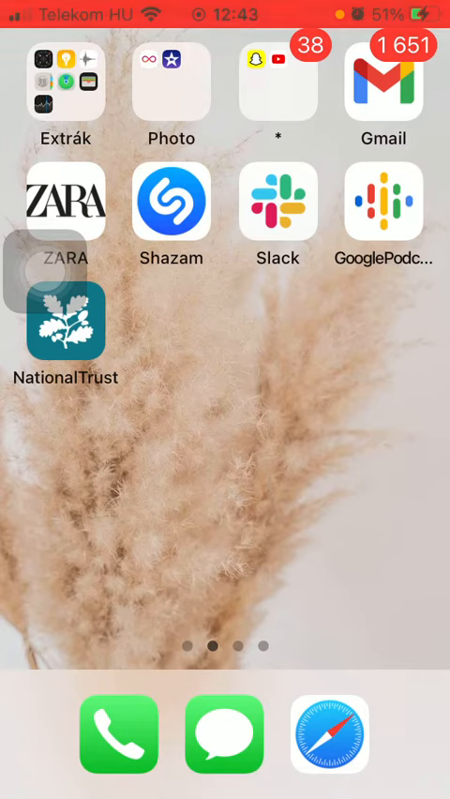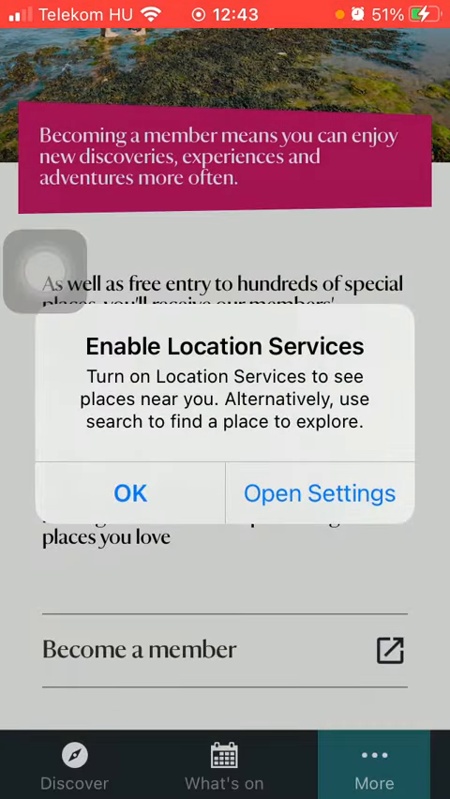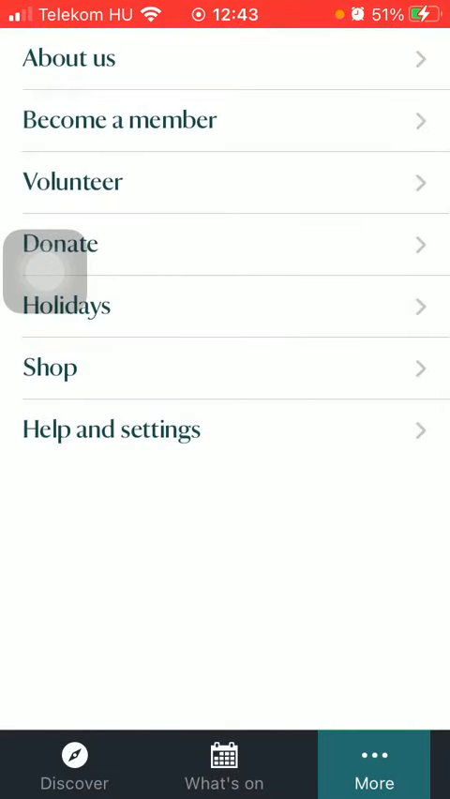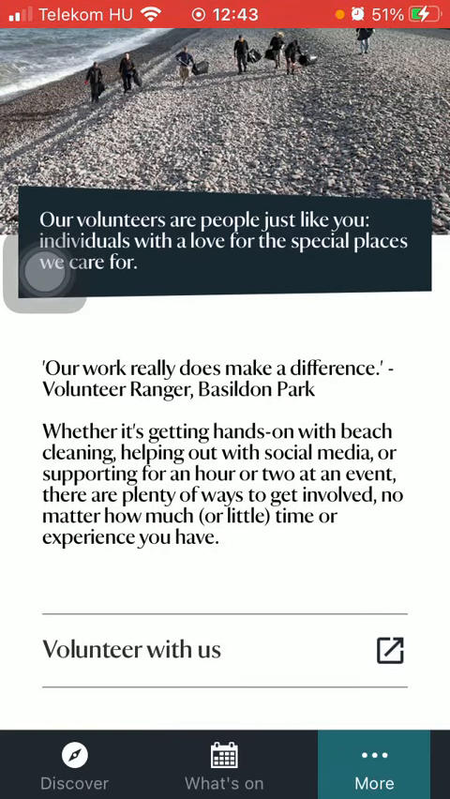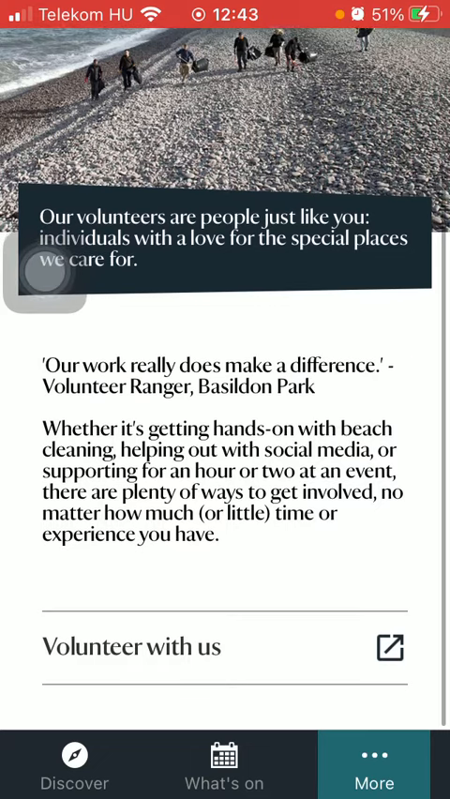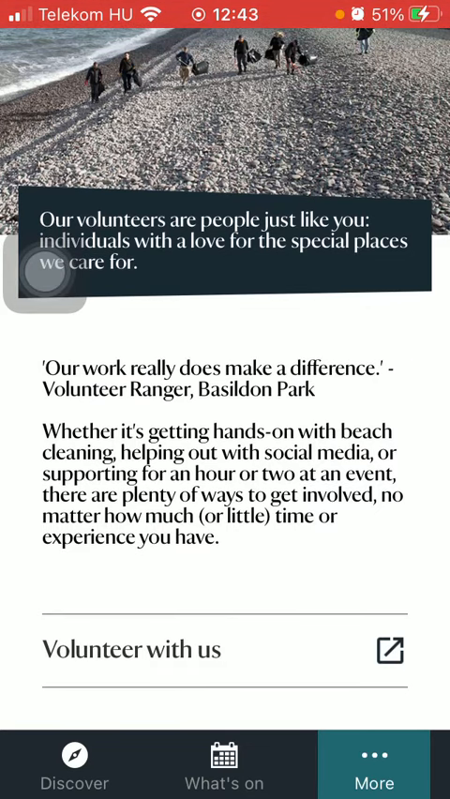First of all, open the application on your phone. And then tap on the more icon down below, which is indicated by 3 dots. And then click on the volunteer option, that's the third one. Here you can read a small introduction about this volunteer job or activity. Then if you would like to apply for it, just tap on the volunteer with us button